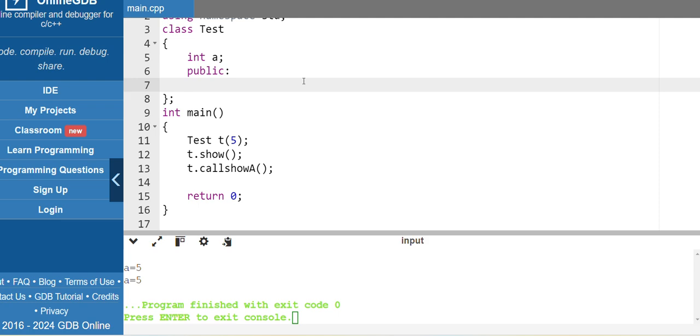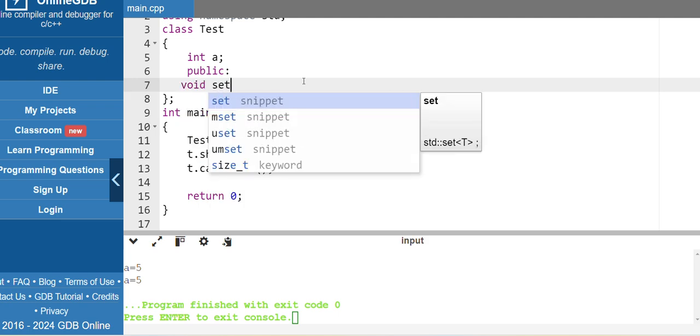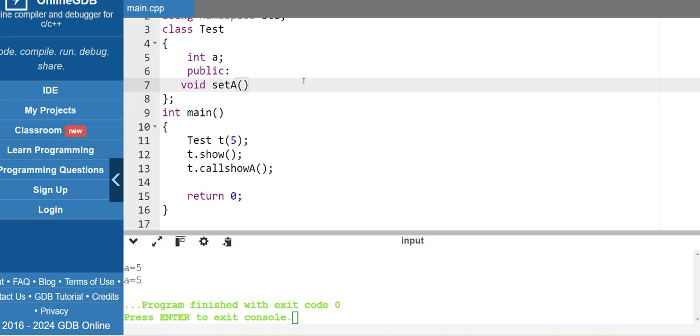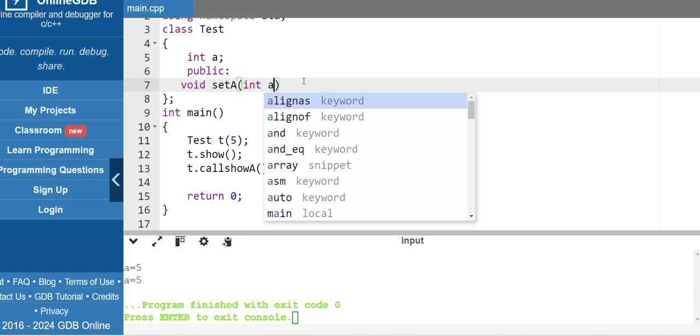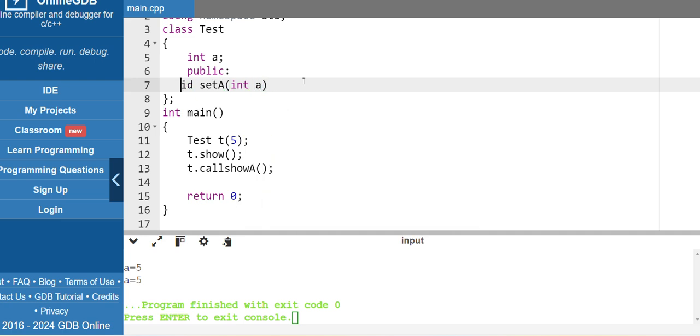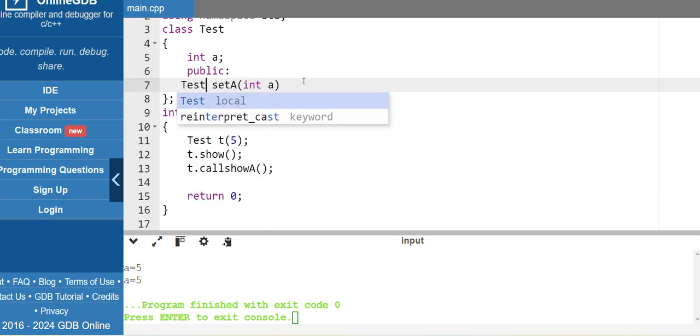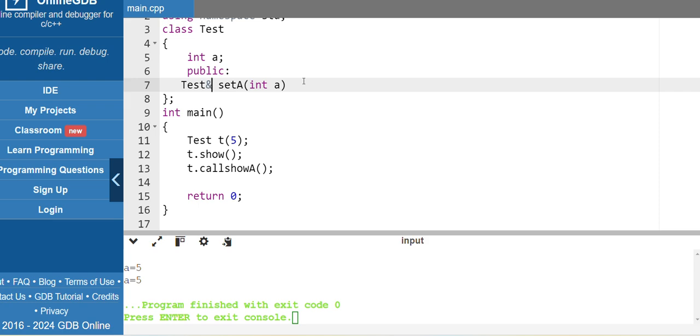In this example I will not use the constructor to initialize the value of a. Rather I will use a setA method, and in this I'll pass a. Sorry, I have to return the current class object. So Test reference,